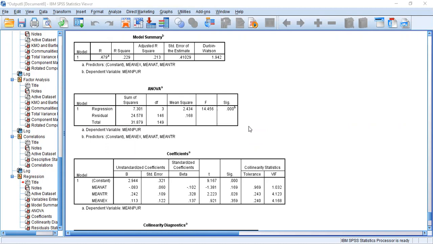In order to find out which factors statistically influence the purchase intention, you can refer to the coefficient table. Now in this regard, on the coefficient table, the SIG value indicates that only one variable, that is celebrity trustworthiness, is a statistically significant influencing factor because its SIG value is less than 0.05.